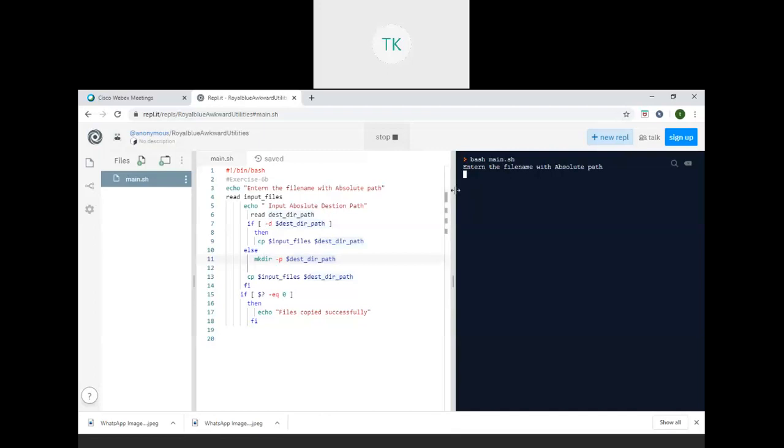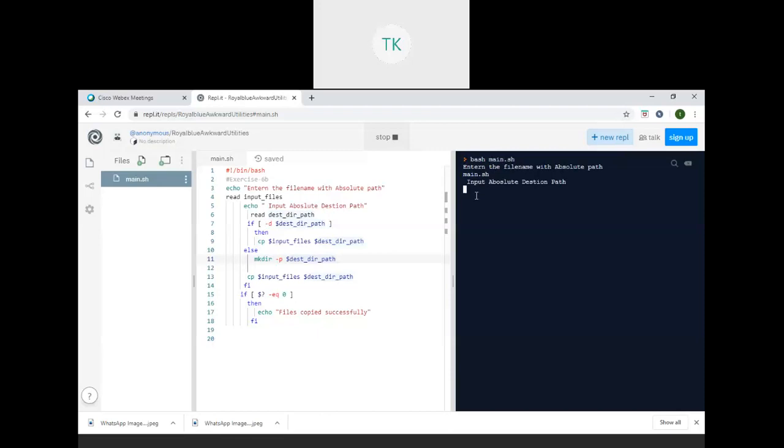So I give main dot sh. You see in the execution panel, main.sh is given as the input file here. Then it is asking for a destination path.